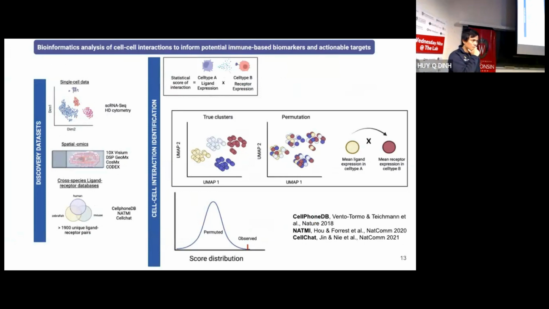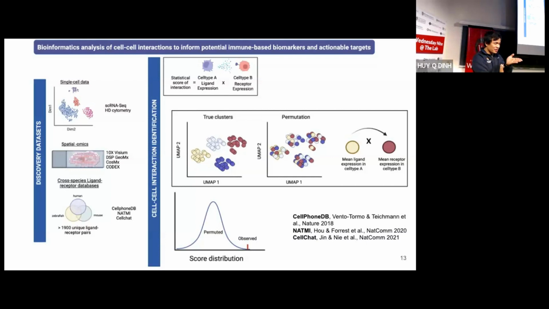Oh, so you're not actually determining a physical interaction? No, not yet. The imaging data maybe, yeah. It's all based on literature, and you're right, there are known ligands and known receptors. You're asking what cells are expressing the ligand, what cells are expressing the receptor, and you're assuming that they are touching. Yeah, and then we have to use imaging data to show that.